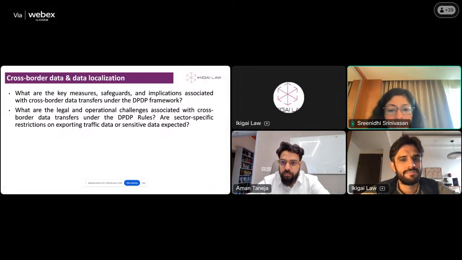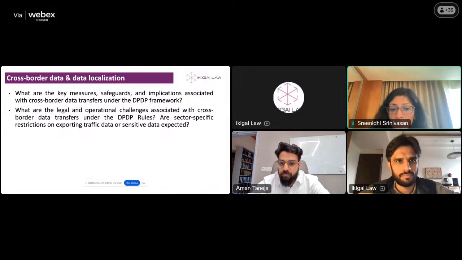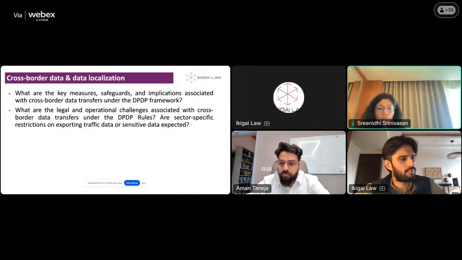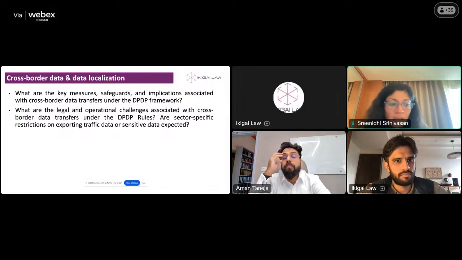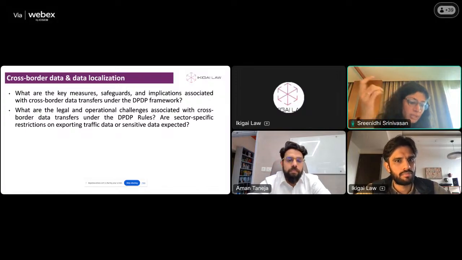So I'm thinking of when one of the earlier versions of the law had talked about critical personal data, where it was certain types of data which may be sensitive from a national security perspective, or useful for investigations, perhaps. So maybe that is the line, but even there, there isn't enough information right now for us, either on that committee or on the categories of data in the act or the rules to say. But if I were to hazard a guess, it's data that's sensitive from that perspective.